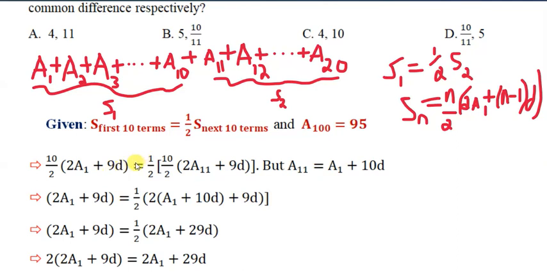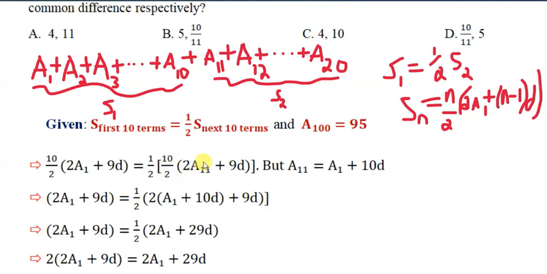Let us call this S1. S1 is equal to half of S2. We already said that. Therefore, this is equal to half of the sum of the next 10 terms, which is written as 10 over 2, because the number of terms is 10, times